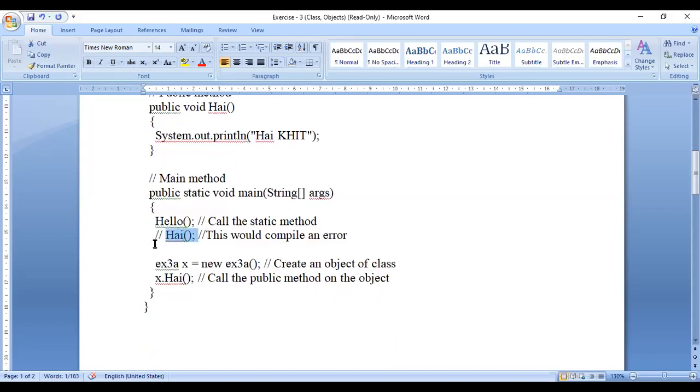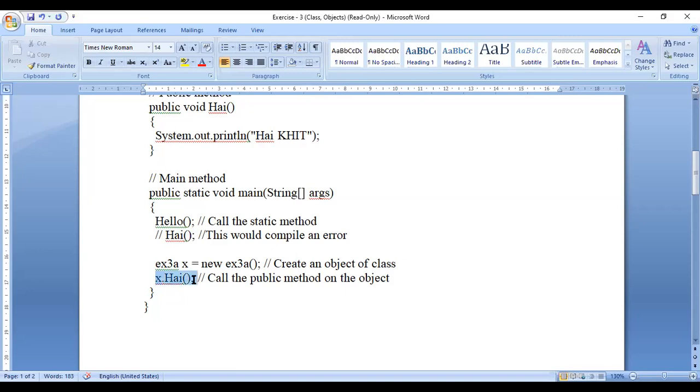That's why I have put the comment line here. If you remove these comments, you will get an error. And how to access this hi method? It is only possible by creating an object of the class. So I have created one object called x of this class ex3a. Using the new operator, I created memory and created an object of the class.